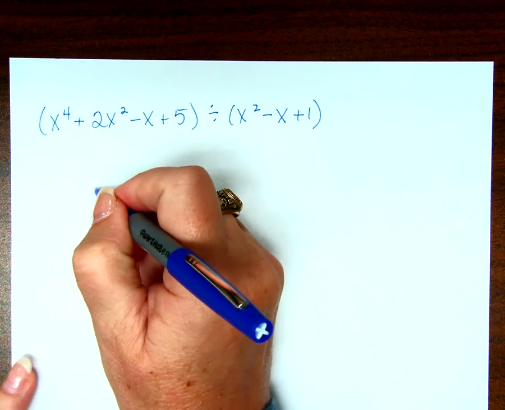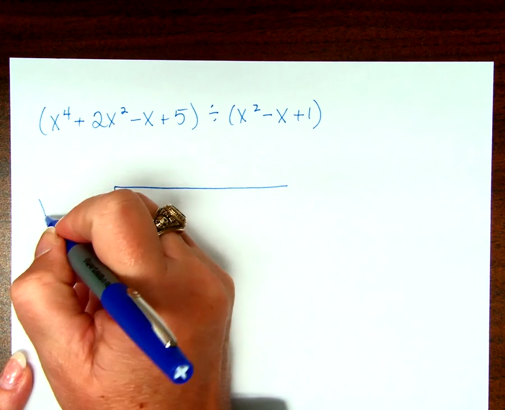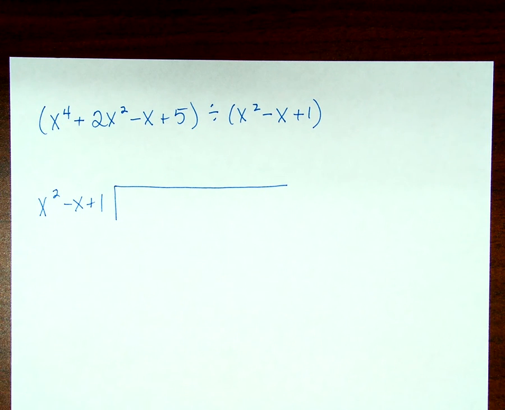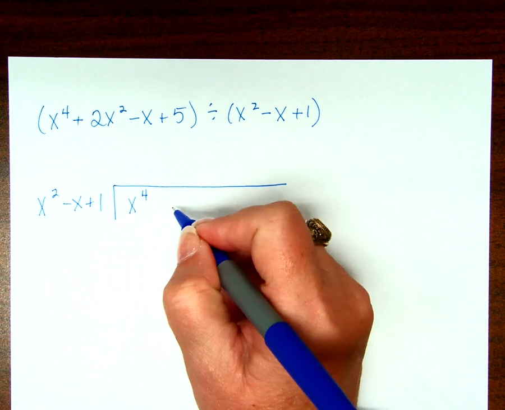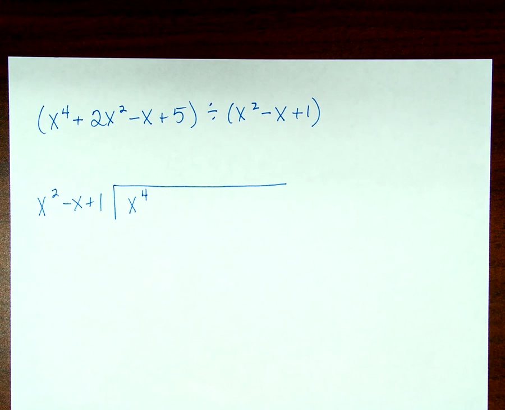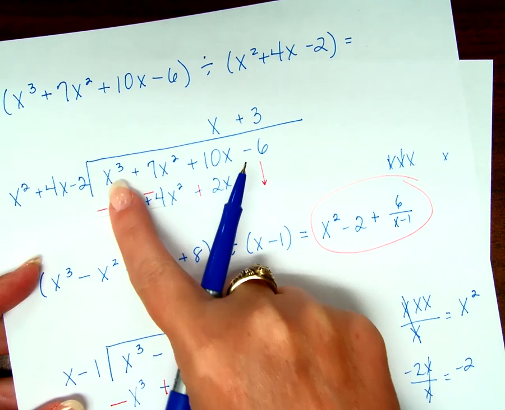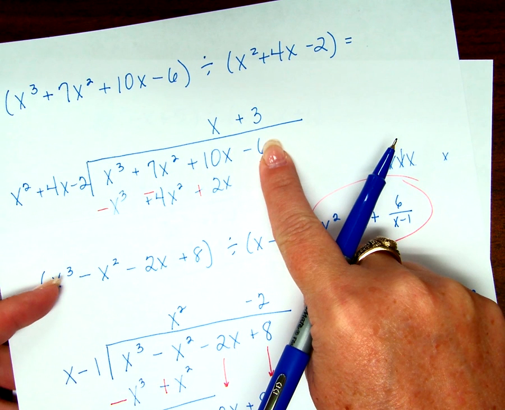Okay. So what goes where? So x squared minus x plus 1 goes on the outside. What goes on the inside? See, I tricked you. On all these, there's a decreasing value every time for the exponent. Excuse me, not x value, but exponent, right? 4,